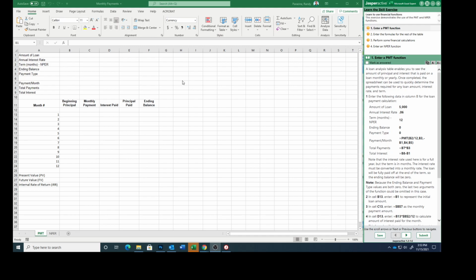So, click on column B to the right of amount of loan. We're going to type 5,000. Interest rate 0.06. Term 12. Ending balance 0. Payment type 0. Payment per month